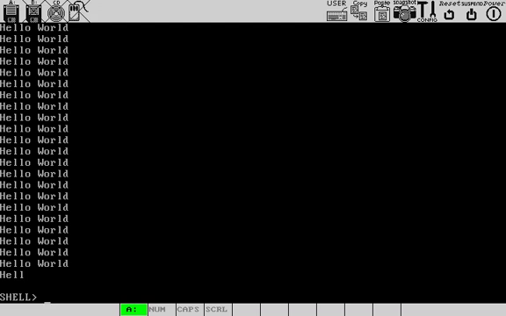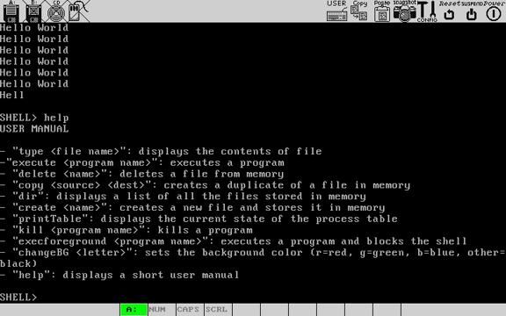In terms of bonus features, we have the print table command that I've shown. It prints out the current representation of the process table. We also have a help command to display a short user guide with a list of commands and how to use them. We have also implemented a change background command, change BG, which will change the background of the emulator